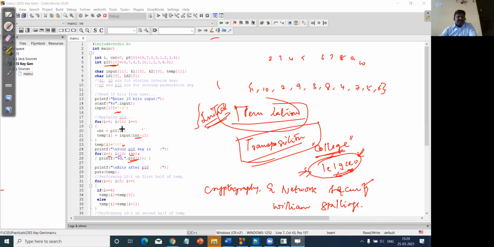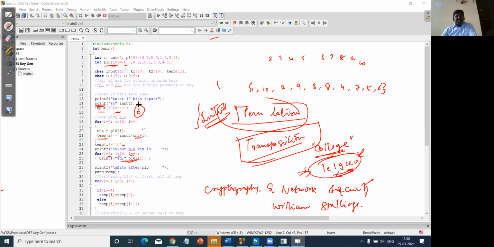Suppose my I value is equal to 6, and the sixth position value will be placed here. So this is for all the values, whatever input value we are given, from this input value, and followed by whatever value we placed, all the values that are going to be printed depend upon the position. And after that,